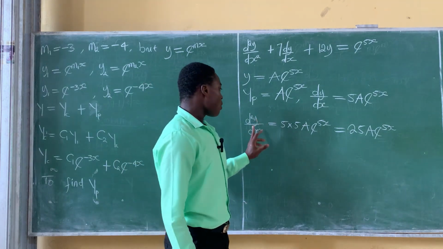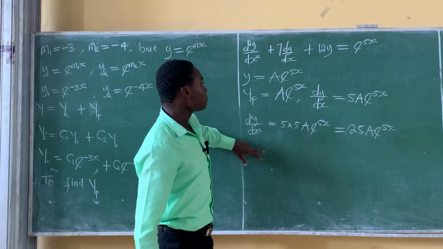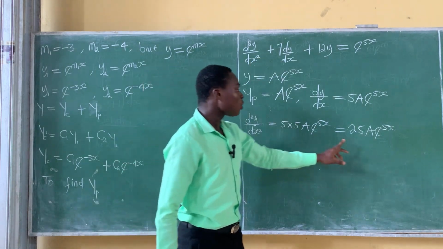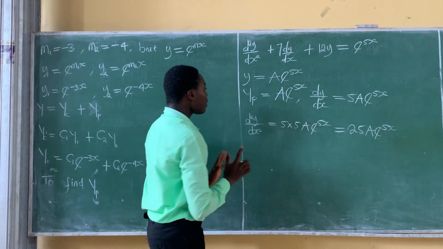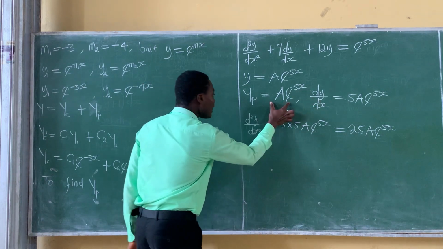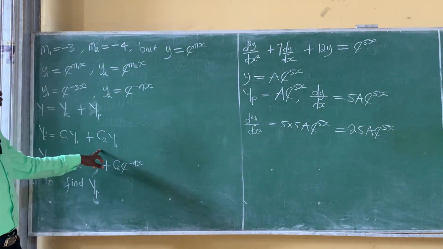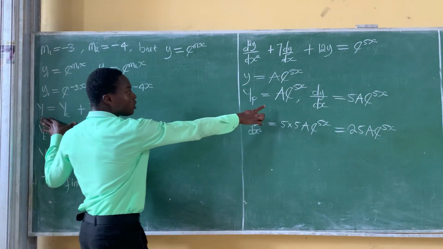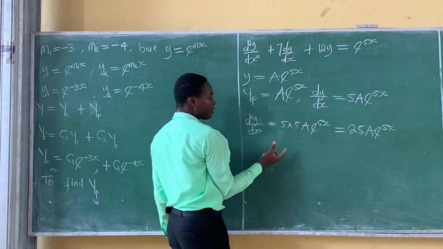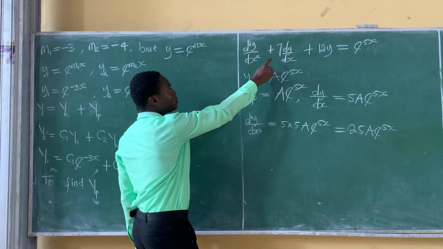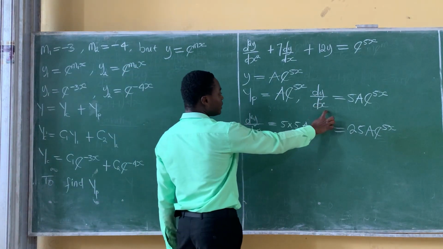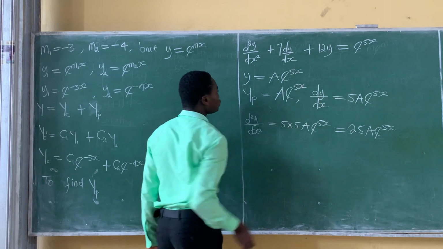So having found d squared y over dx squared, the next thing is to substitute it back into the differential equation given to us. And now take note, the reason why we are doing all this is just to find the value of a, because we have already said that the particular solution is a exponential 5x. So if we add this value to what we obtained in y sub c, we get the general solution, but then we don't know what a is. A is a constant, so we need to find the value of that constant. That is the reason why we have to substitute this into the differential equation. So if you substitute d squared y over dx squared, dy/dx, and y back into the differential equation, you have